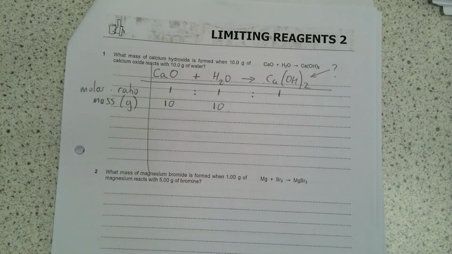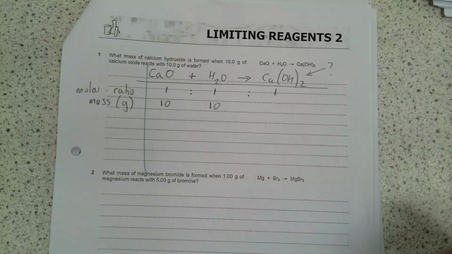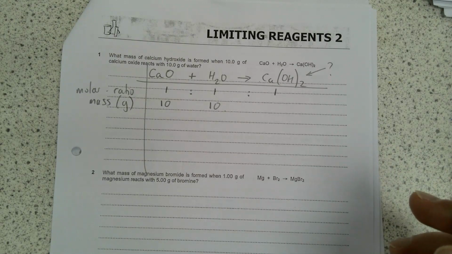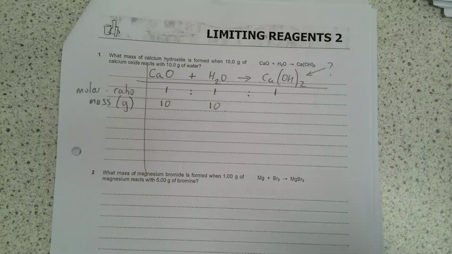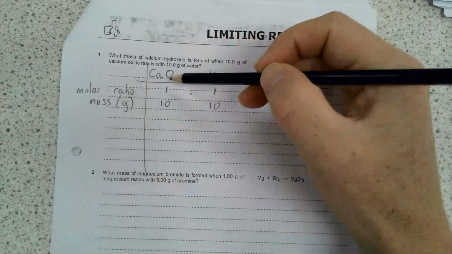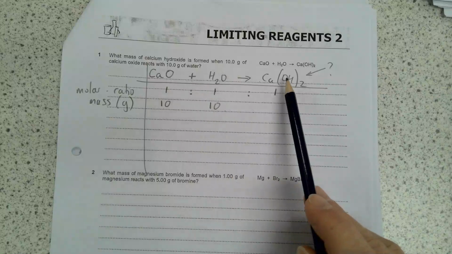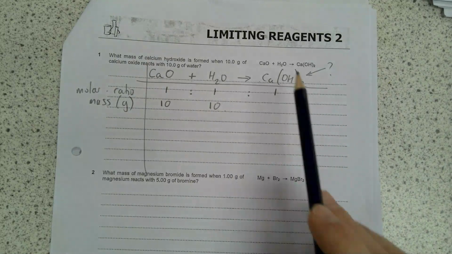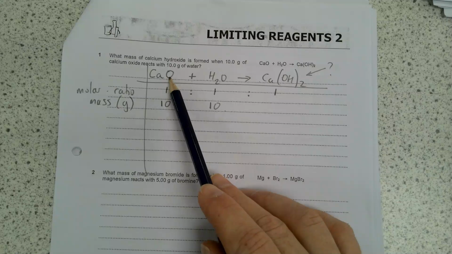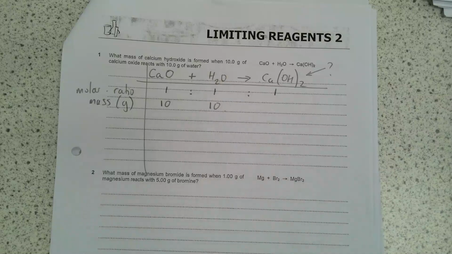Right. So we've been given the mass of calcium oxide and water. So you can have eyes front to this bit, so you know exactly what it is that we're doing. So just like before, we can work out moles. But the problem is we've got two substances here. So how do we work out how many moles of this we get when we've got moles of calcium oxide and water? Now, the thing we need to think about is, like, if I ran a shoe shop and I